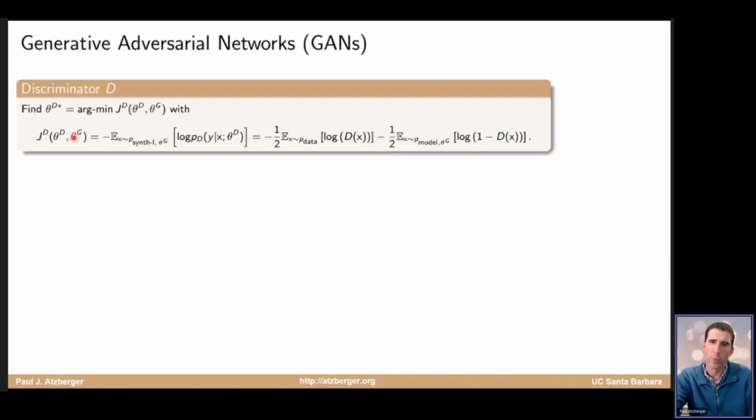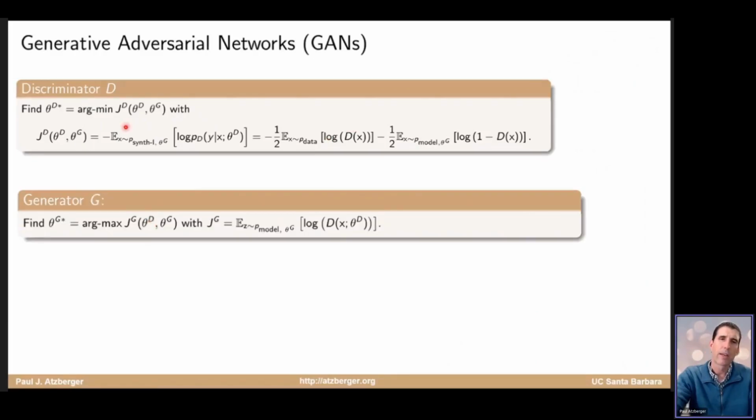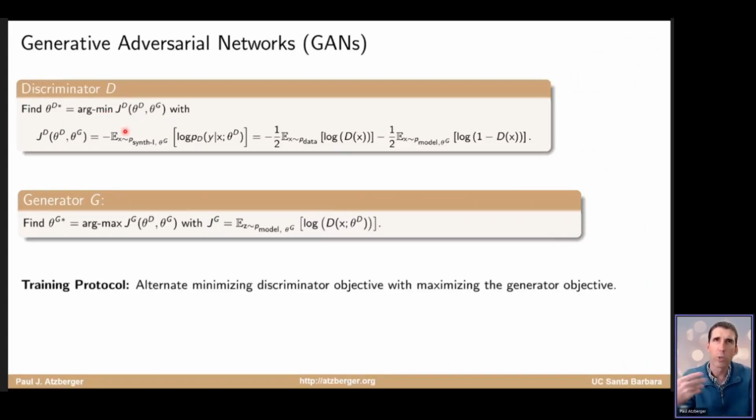Again, that's just the cross entropy loss, trying to minimize the classification error in assigning those 0 and 1 labels. So you're going to minimize this in order to try to get your discriminator model. And in the ideal world, you would get the Bayesian classifier. And now the generator's job is to try to make the discriminator's loss as big as possible. So for a given choice of the discriminator, the generator is going to try to maximize that loss, whereas, of course, the discriminator is trying to minimize that loss. There are also variations of this to avoid vanishing gradients and so on, where you can modify the generator's objective function. I won't say too much about that. But for now, I'll just stick to the